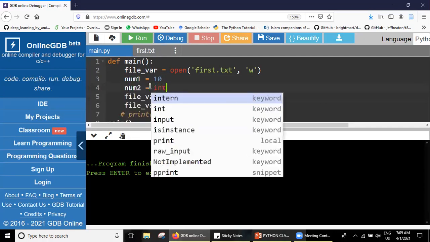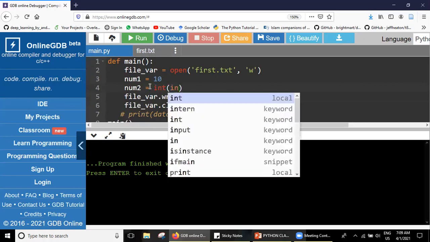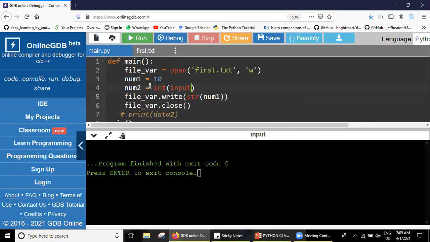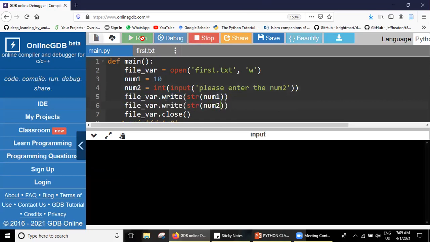How do I have to do it? int input, and I write, please enter the number 2. Whatever I enter will be there in number 2. I'll copy it again, and this time I will write number 2 in the file.